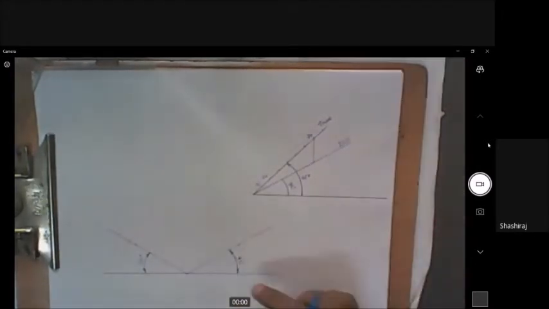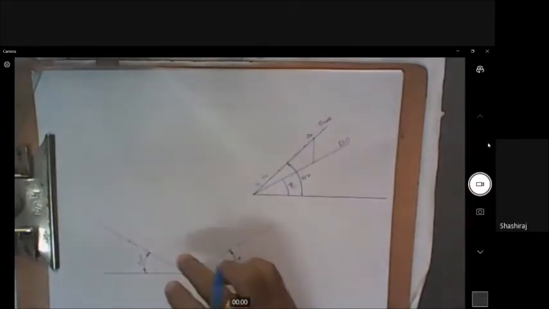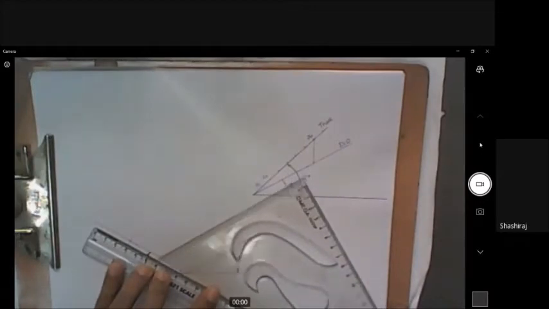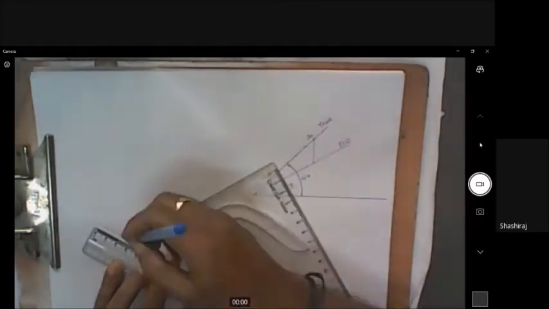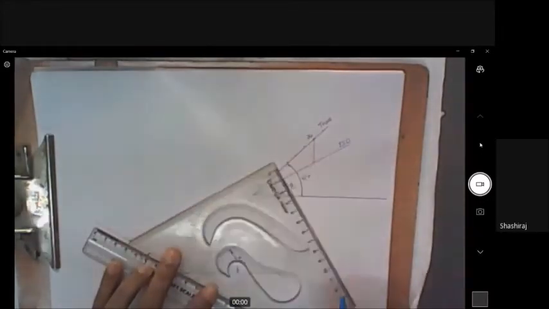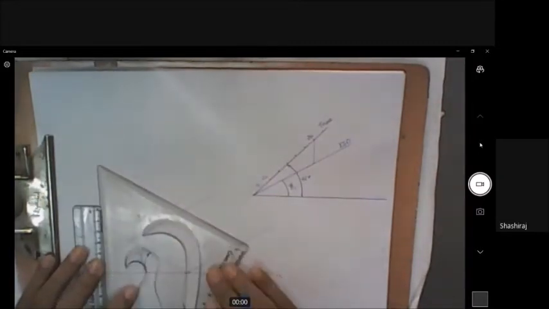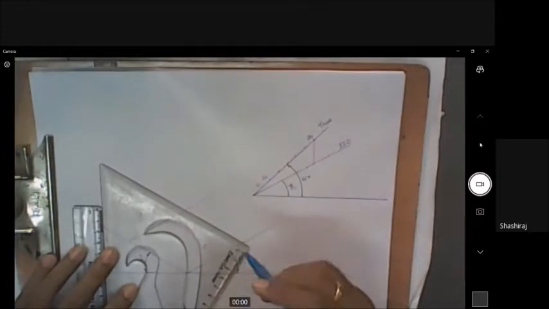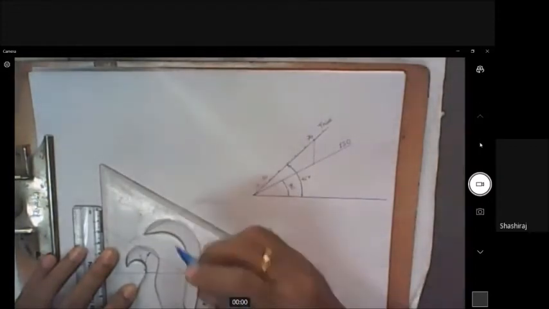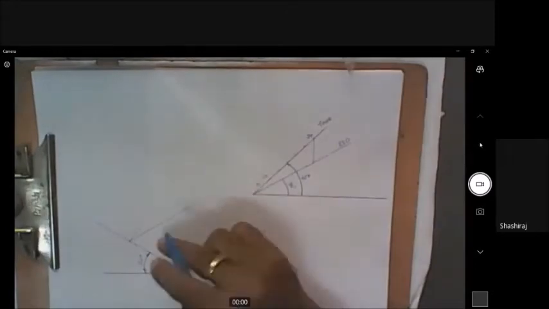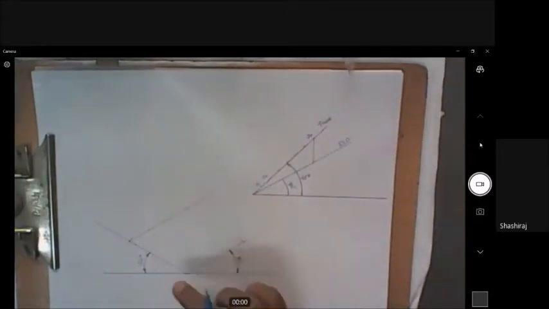Now I know that it's a square face, so parallel lines are there. I'll keep the scale and set square like this and slide the set square to draw this parallel line. Slide the set square and draw a parallel line from this point. Wherever they meet, that is the other corner that I wanted. So this is the isometric projection of the bottom face of the bottom solid.